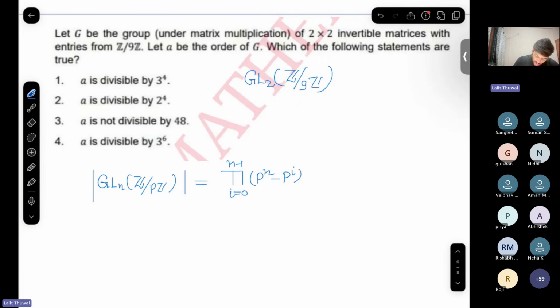First of all, what does this mean? It means those matrices from M2 of Z modulo 9Z for which the determinant of A is